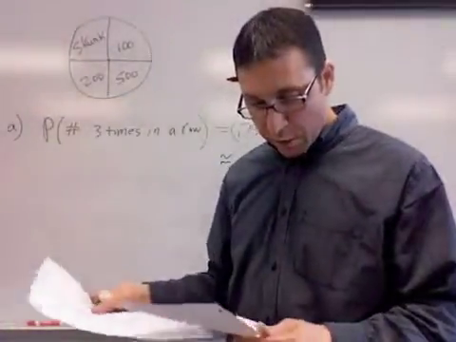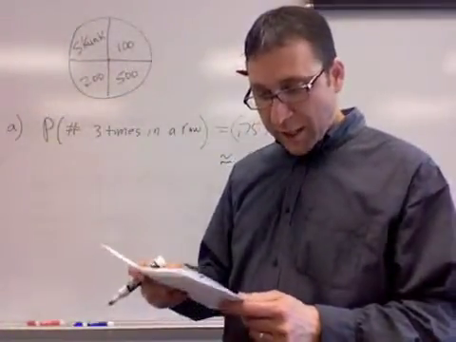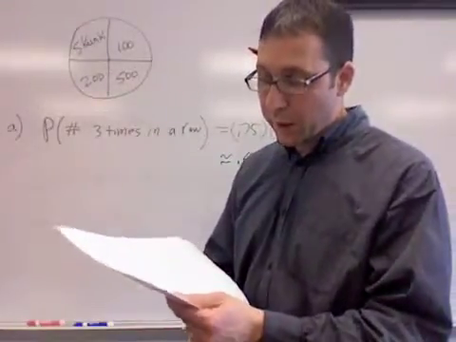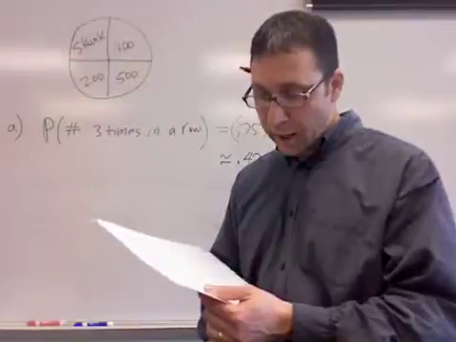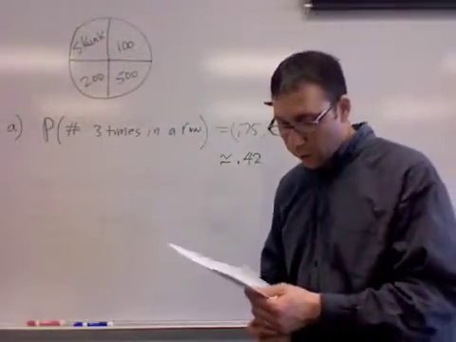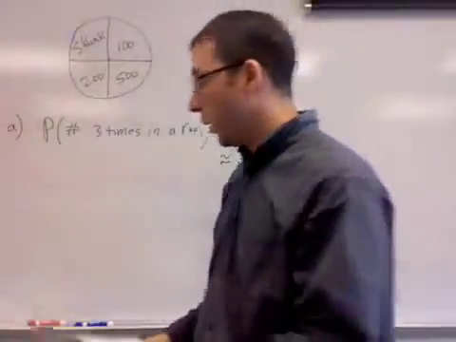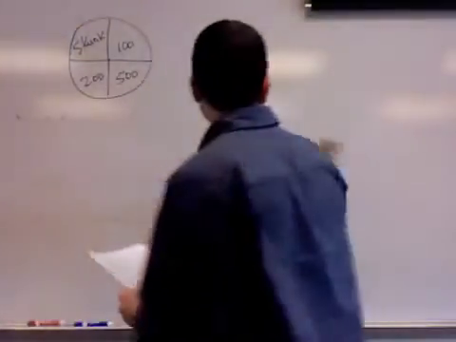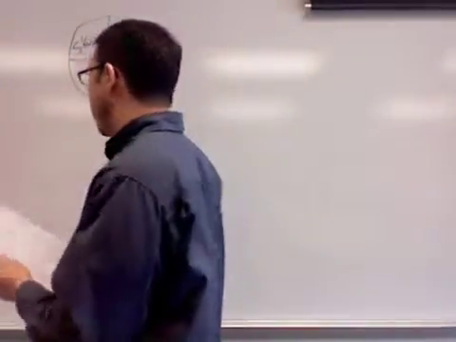For question B, it's asking you to calculate an expected value. It says, suppose a contestant has earned $800 on his or her first 3 spins and chooses to spin the wheel again. What is the expected value of his or her total winnings from the first 4 spins? So for question B,